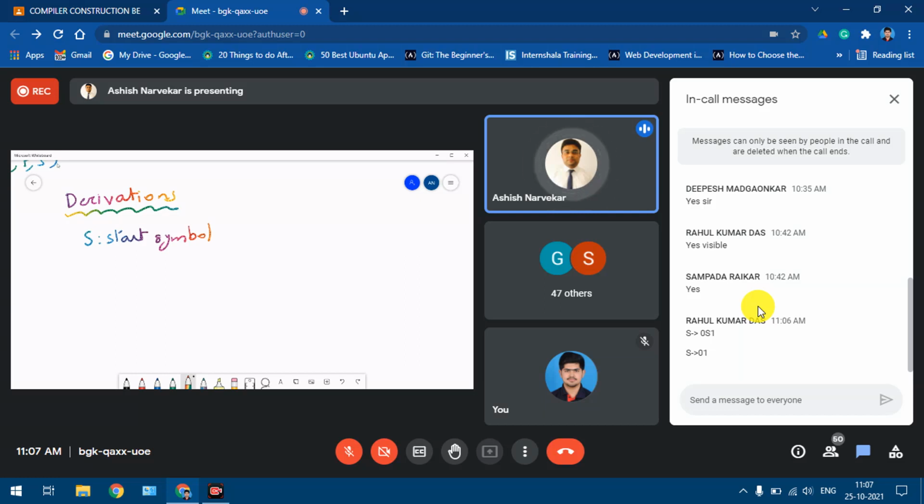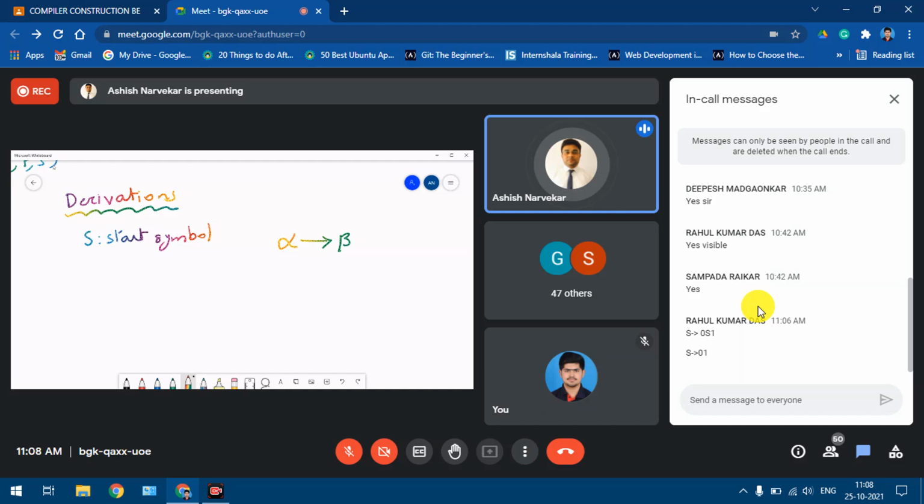Okay. Before we go to the derivation, one thing I'll just clear at this point itself. Please remember that a CFG consists of all those four entities which I mentioned. That is a finite set of variables, a finite set of terminals, a start symbol, and a set of production rules. Now, a set of production rules means there can be multiple production rules in that particular set. So if I consider one particular production, that production should be of the form alpha goes to, or alpha gives beta.